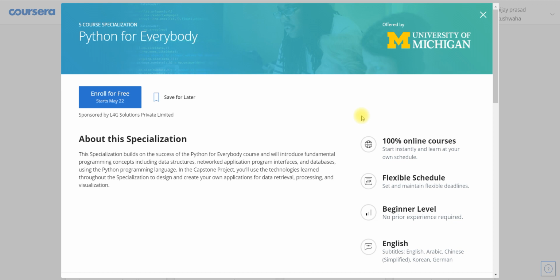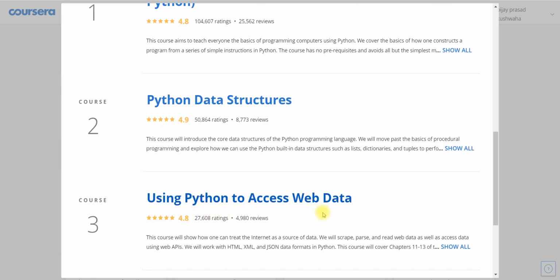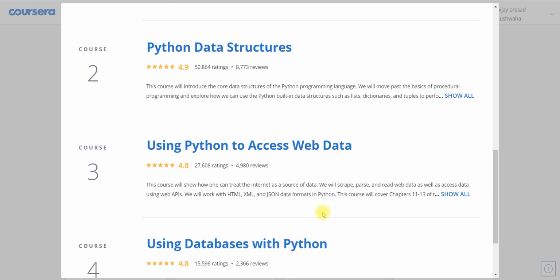Today I am going to solve one particular problem from the domain course offered by Coursera, namely Python for Everybody. Coming to the third course, Using Python to Access Web Data, most of my subscribers are struggling hard and trying a lot to solve the problem, missing little things and unable to get the certificates. So don't worry, I am going to cover this entire thing, explain each and every line, and solve this bit for you.